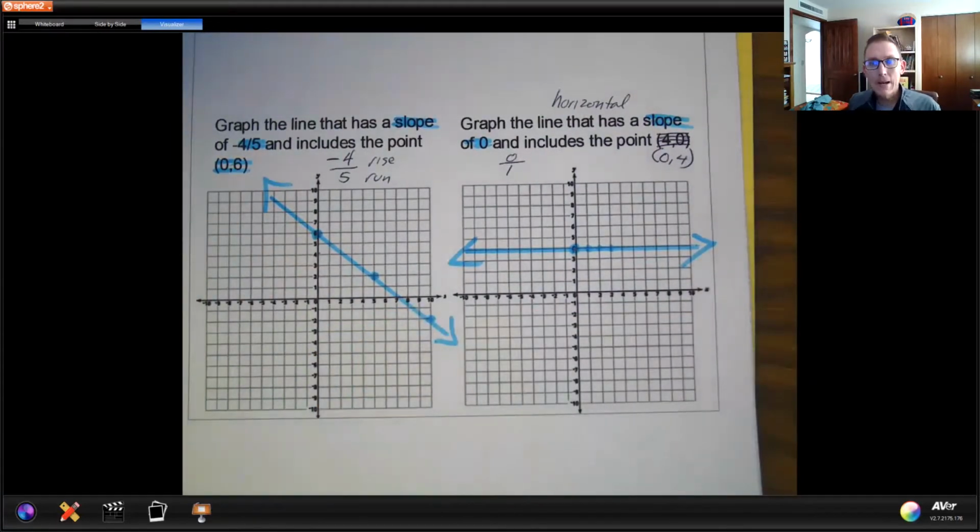So a pretty basic idea of simply plotting a point wherever it tells you on the grid and then using the slope to get more points. Okay, so let's stop sharing screen for a moment there and let's take a look at what that will look like on IXL. So if we go to our IXL screen,